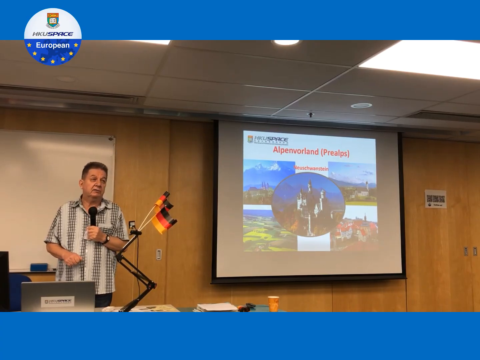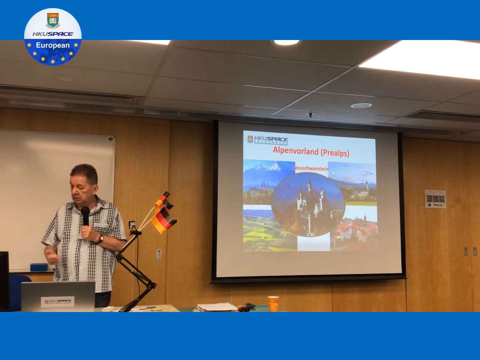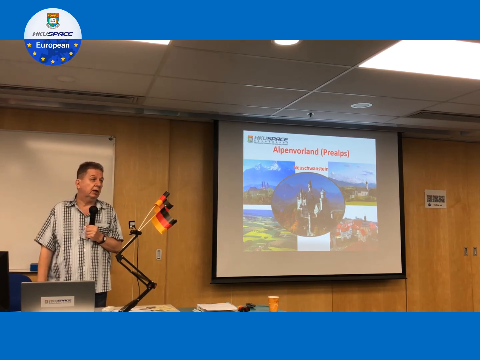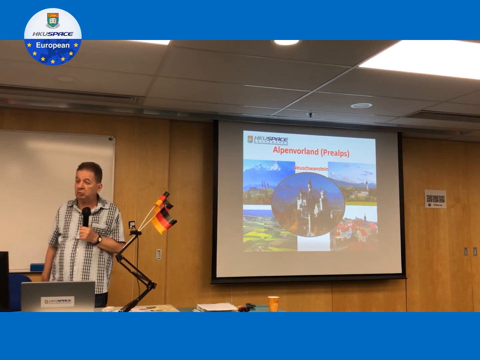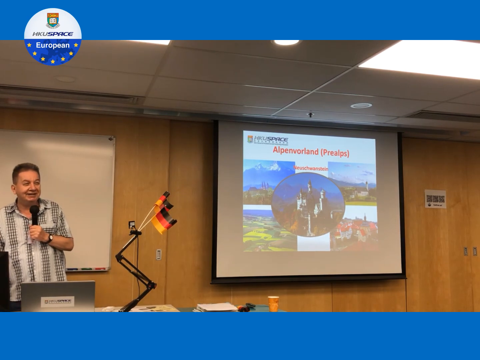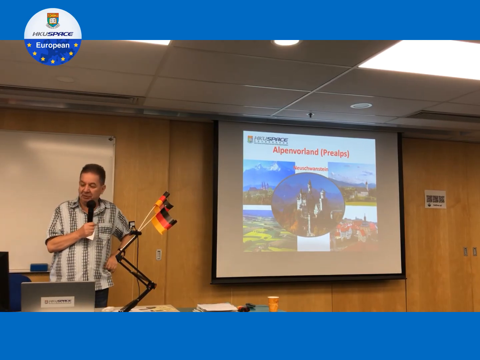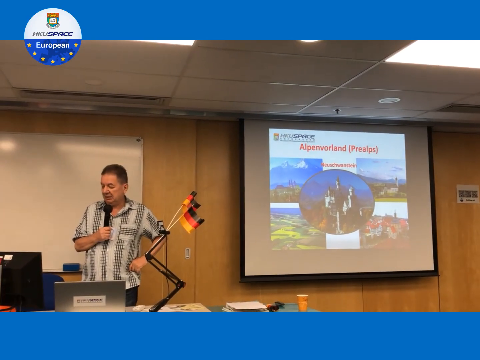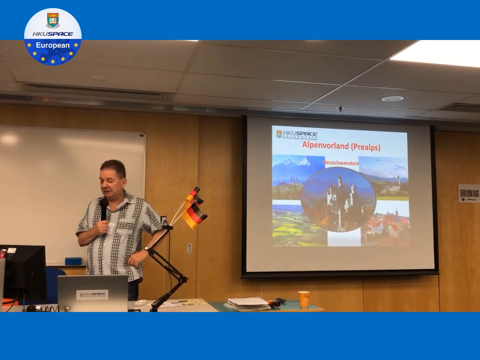The yellow stuff is an oil-producing plant. In the background, you should see the Alps. When I was a kid, the Alps would always have a white top. Nowadays, with global warming, the white top is gone. Maybe it comes back one day. So you see the global warming there.